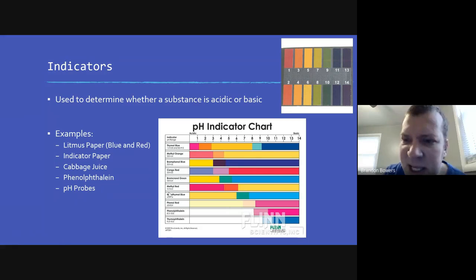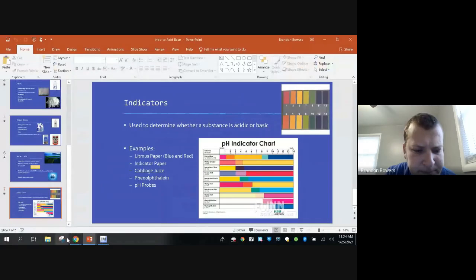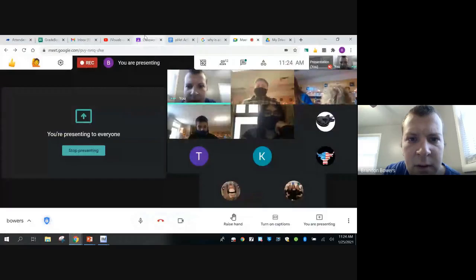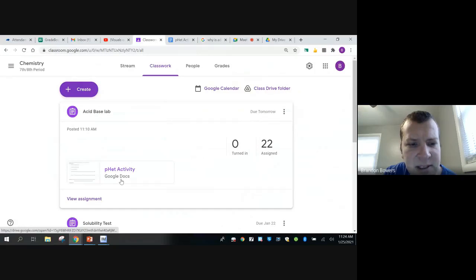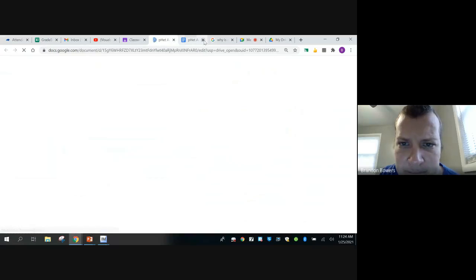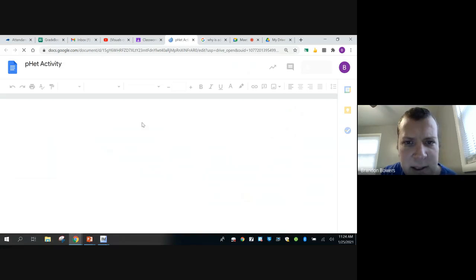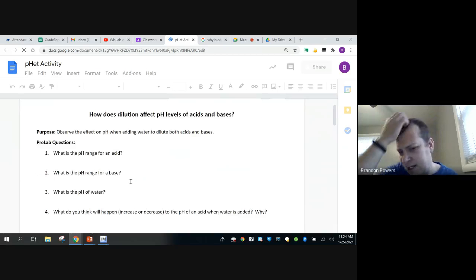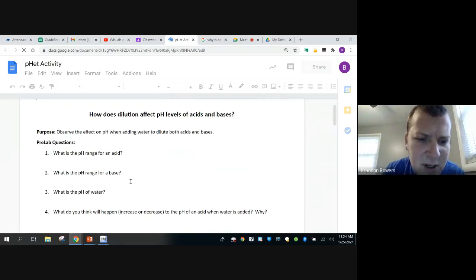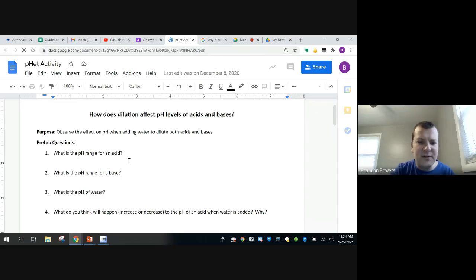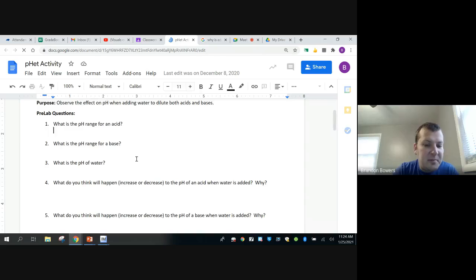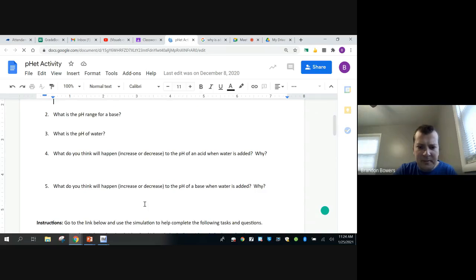Now, what I mean by the pH probe is if you go to Google Classroom, there's an assignment called PhET activity. It will pull up this and ask some pre-lab questions, which we should hopefully have written down in our notes. So what is the pH range for an acid? What is the pH range for a base? And then when you scroll down,